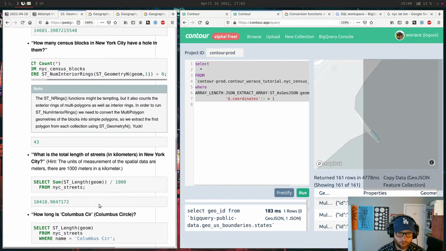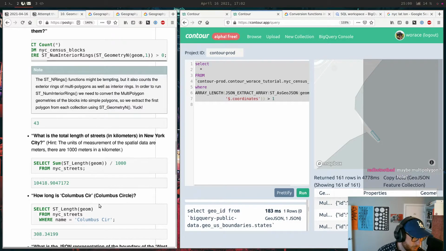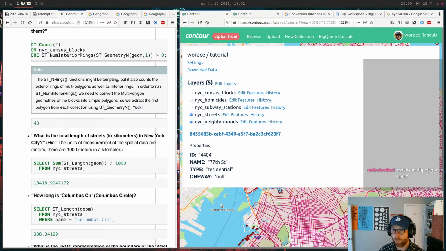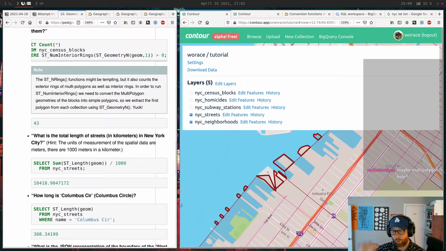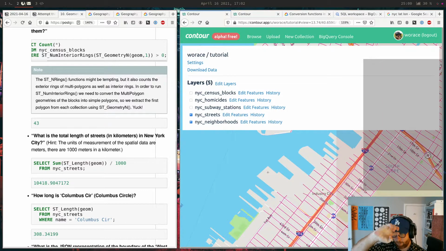Do we do the total length? Right, a multi-polygon could have a hole, but it also could just be like this. This is a multi-polygon, but the way it gets represented in GeoJSON is a little weird, because each level of geometry has an additional level of nesting introduced in how the arrays are structured, so it gets kind of screwy.